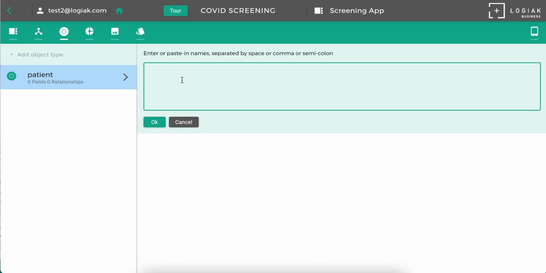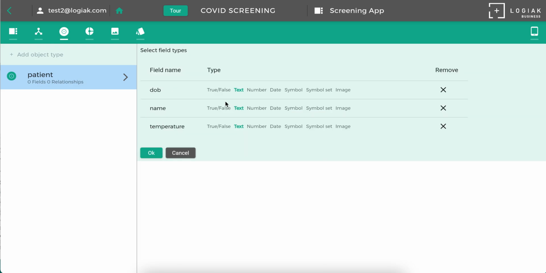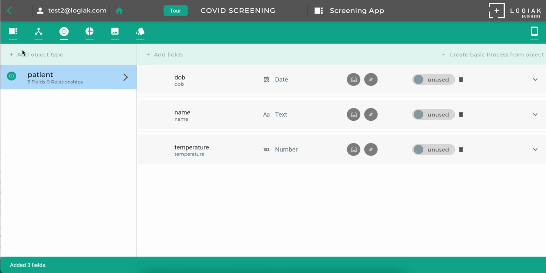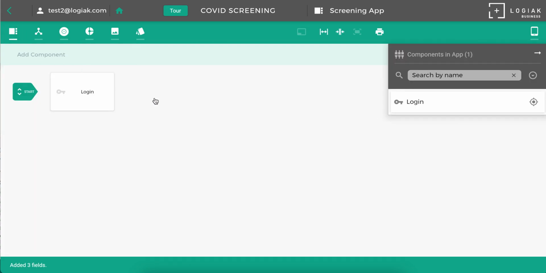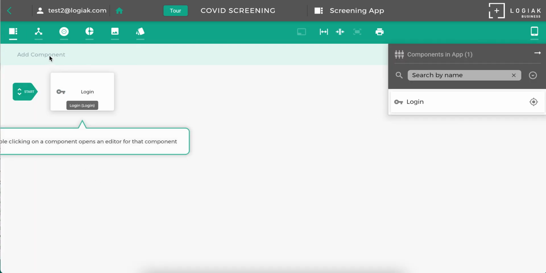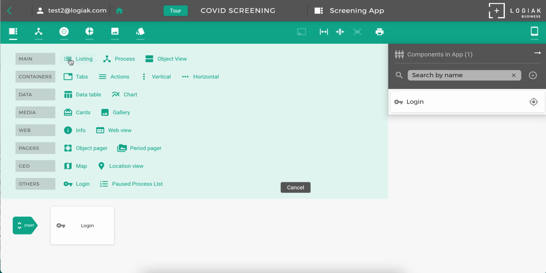We can simply give the field names to do this. So name, date of birth, and temperature. And then we have to specify the types of those fields. Date of birth is a date, name is a text, temperature is a number, and then we've defined that data structure. So we go back to this flow view, component flow view, and we add a listing component,